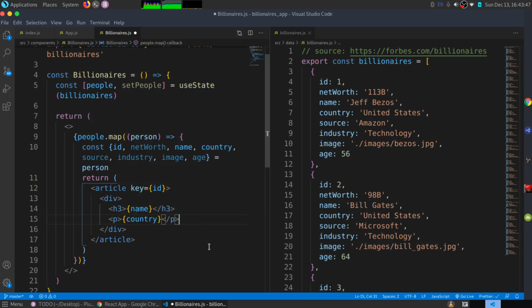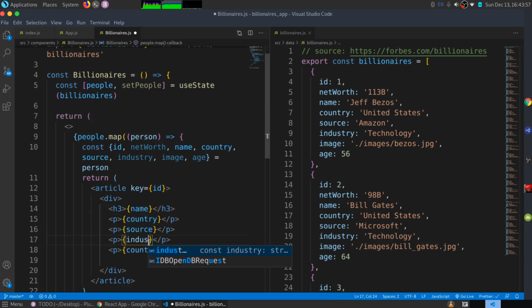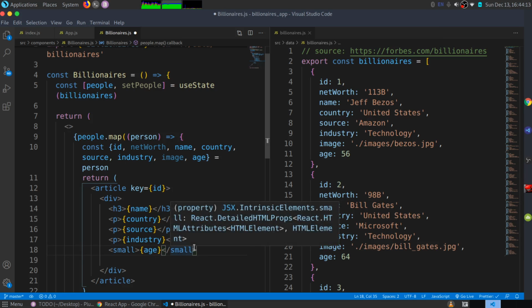Country, like that. And of course there are a couple of things that will repeat, so let me just copy that down, change this to source, change this to industry, like that, and then make this into a small, and say this will be their age, and then what are we missing? Their image. Okay,